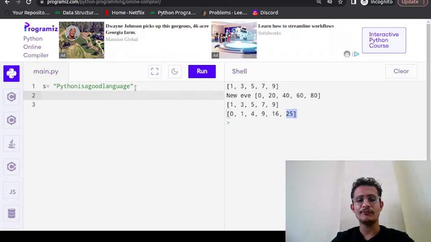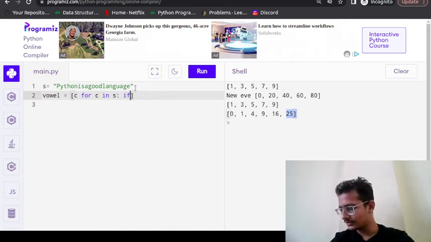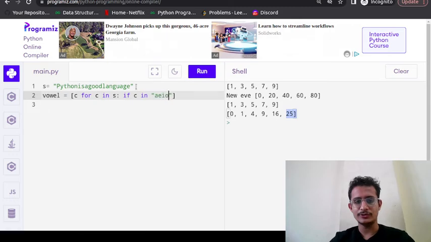So you want a vowel list, all the vowels. So you write like this: for character in S, if that character is in A, E, I, O, U. You need to apply the condition.